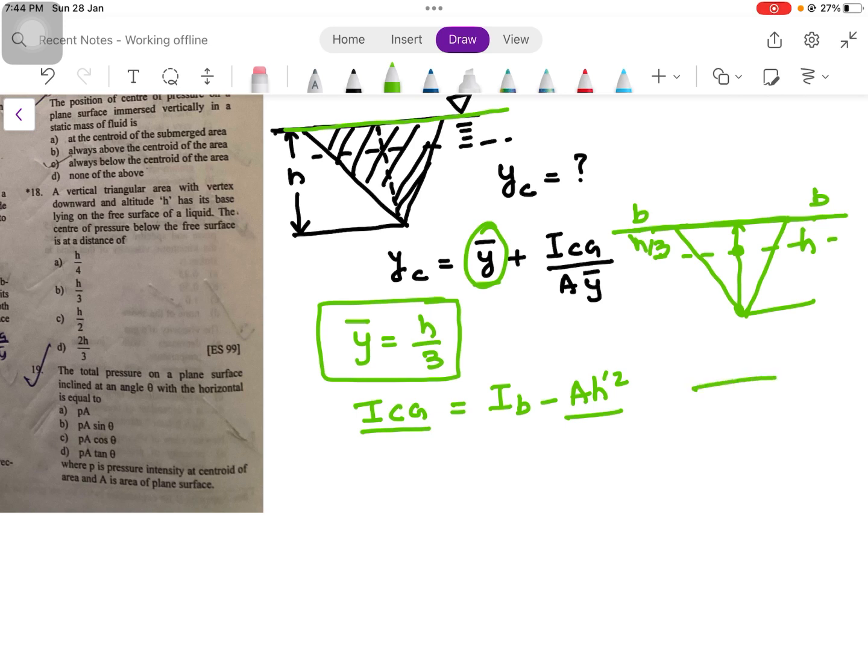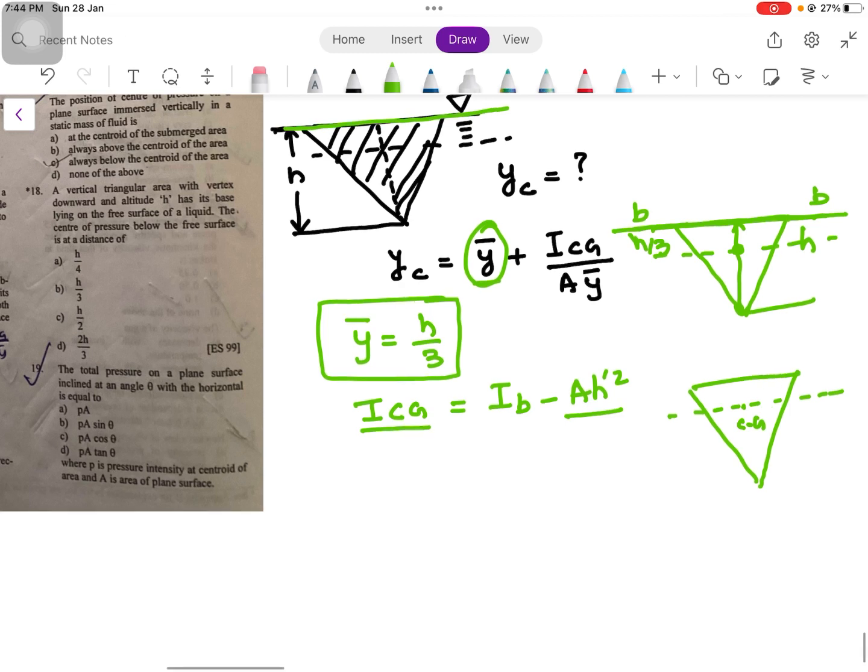So suppose we have an axis passing through the CG of the triangle, and we have to find the moment of inertia about the base. The moment of inertia about the base would be equal to the moment of inertia about an axis passing through the CG, plus the area of this triangle times the square of the distance between these two axes. Since we have to use ICG in our equation,